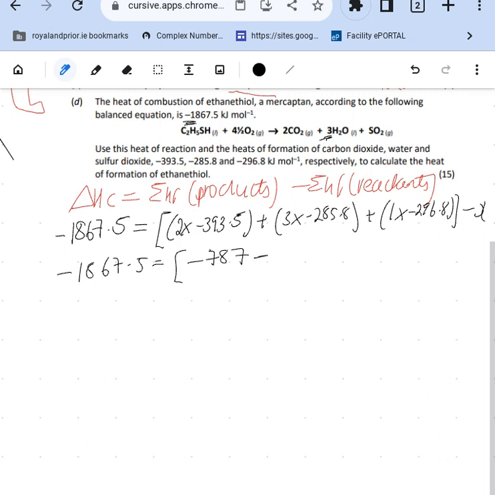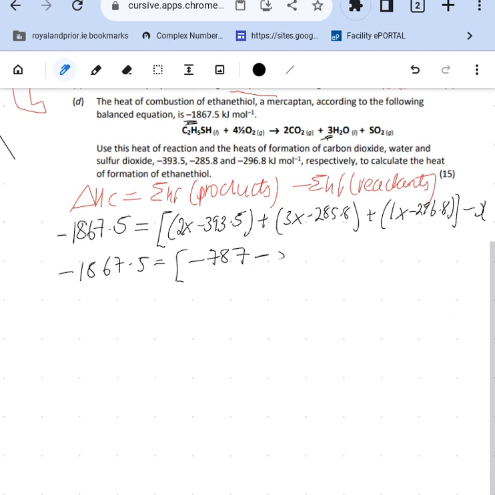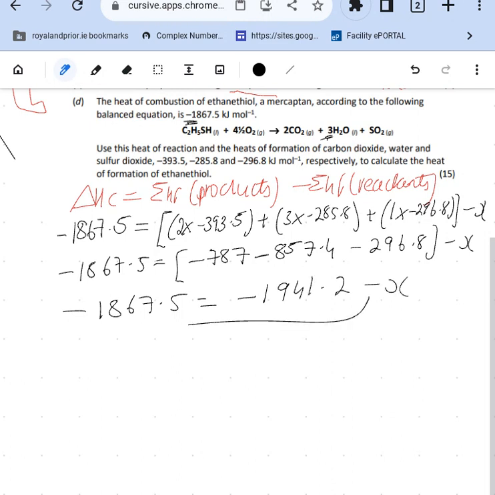Minus, my pen battery must be dying here, minus 285.8 by 3 gets you minus 857.4, minus 296.8. Tidy that all up inside the brackets. Minus 1941.2 minus X. Now I want to keep my X positive, so I'm going to bring that over there. So I've got X is equal to minus 1941.2 plus 1867.5, which comes across the equals and changes its sign, and you will get an answer now of minus 73.7